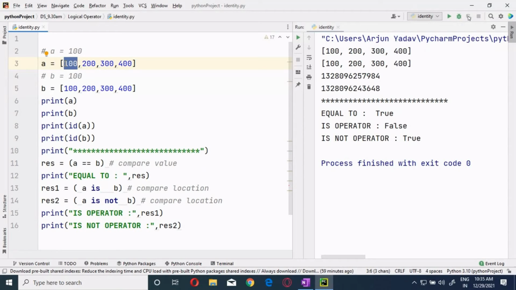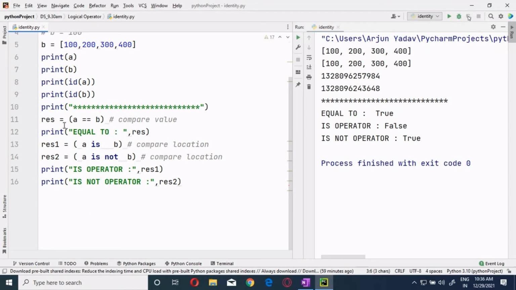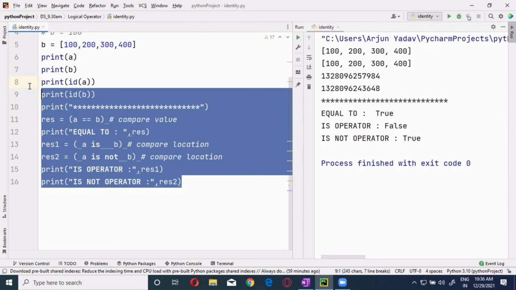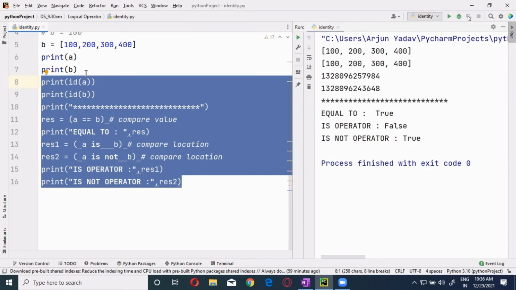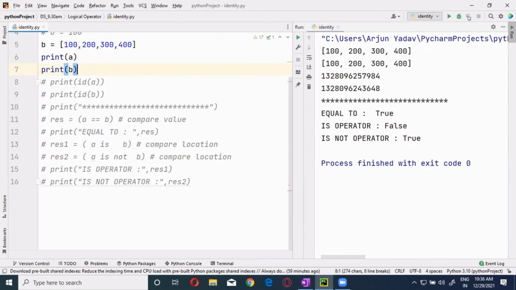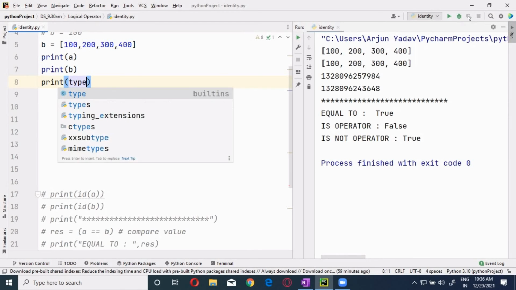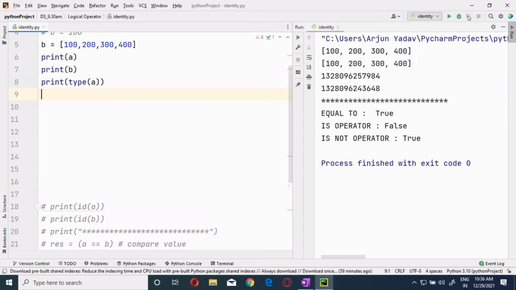Now see this, guys. Previously, I showed you one example. Now see this. This one is clear, right? You got the doubt from that only. Now, what is the type of A? List. That means it will give us the data type, right? You know this.